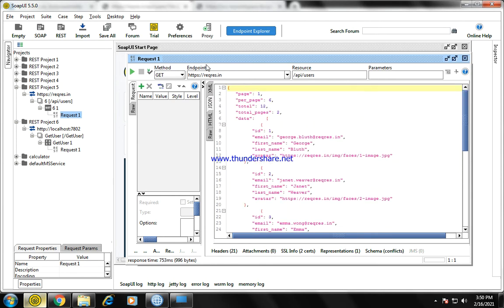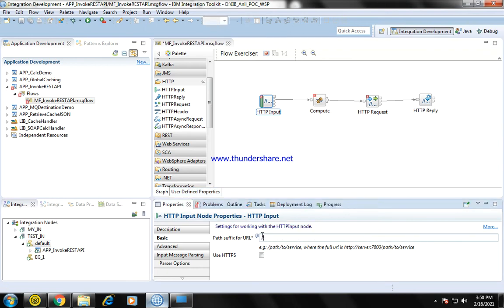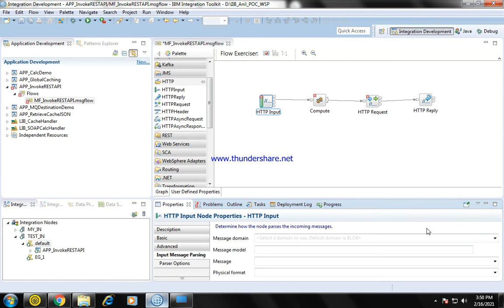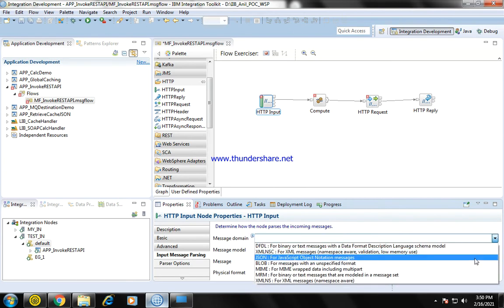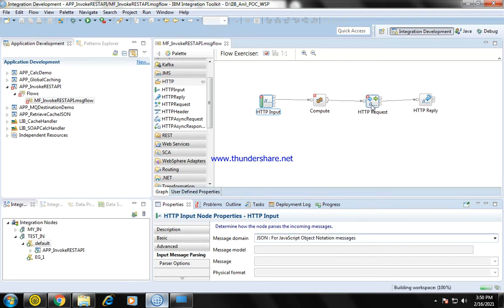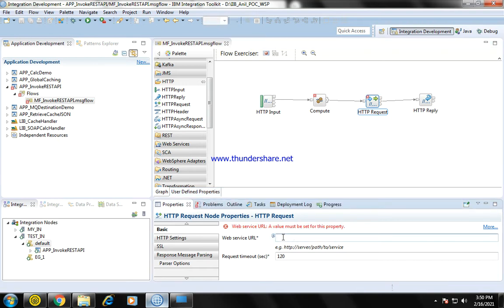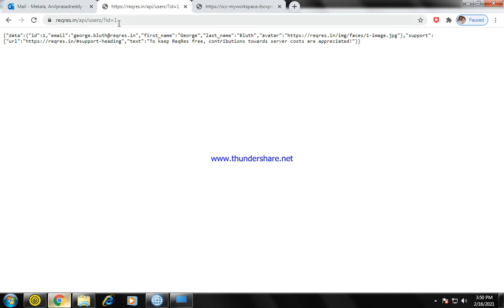Let me call the same REST API through the IIB application. I'm just passing get users. The input for the time being I'm passing as JSON. Here, in the HTTP request node you can pass the URL, or else you can send it as part of the local environment.